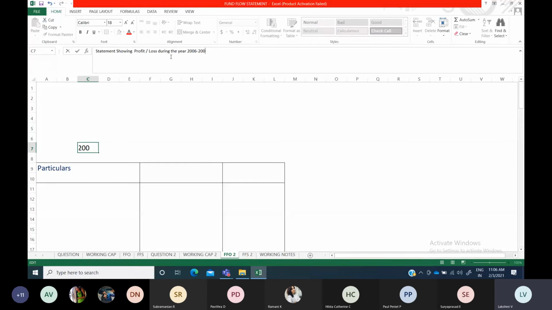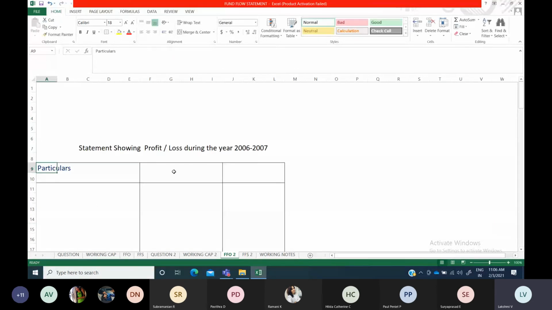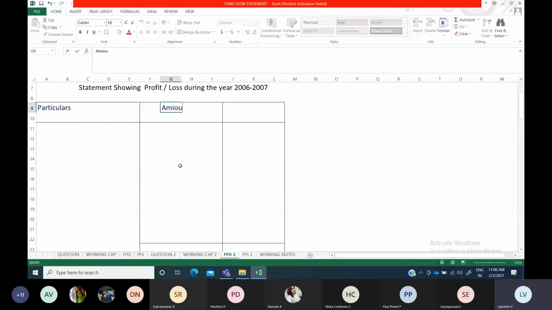So you will be using only one side of your accounts note. You will not be using two sides; only if it is an account format will you use two sides. If you have any calculation, you can show it in the inner column. First column will be your particulars column. Second column will be your amount column. If you have any calculation, you can show it in the inner column or else you can go for the outer column. It depends upon you.